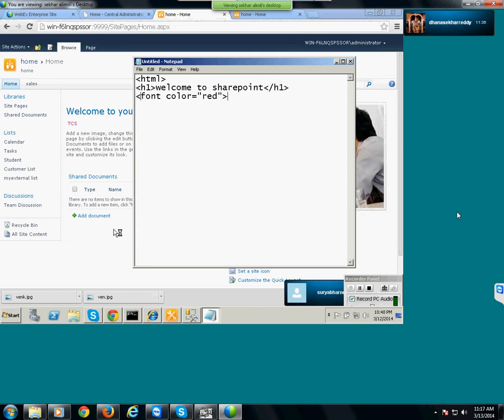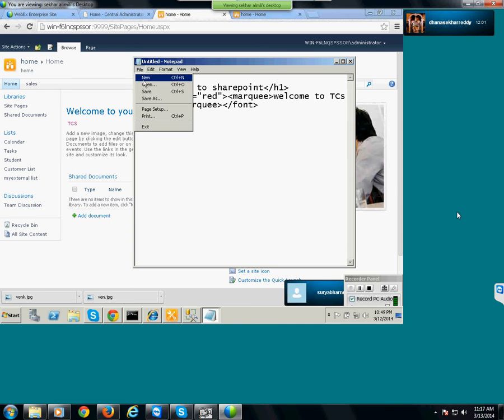Next, marquee: welcome to SharePoint, TCS company. Close the marquee, close the font, and close the HTML as well.